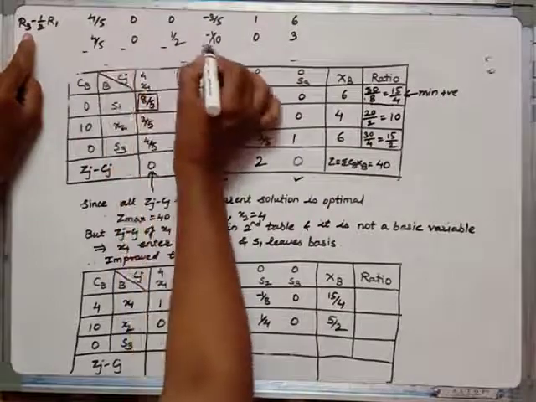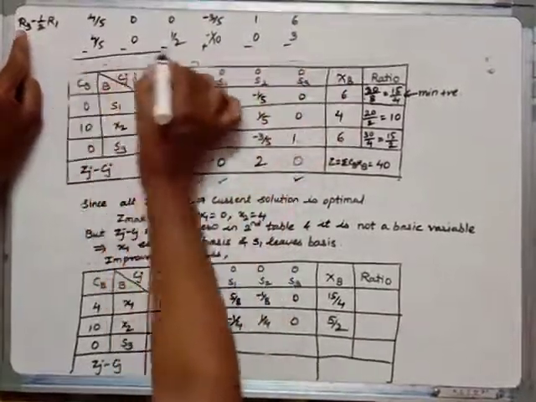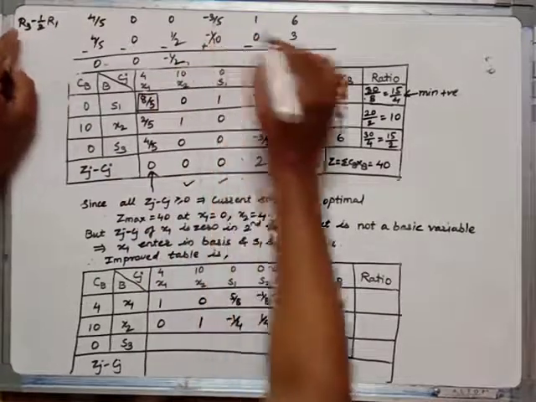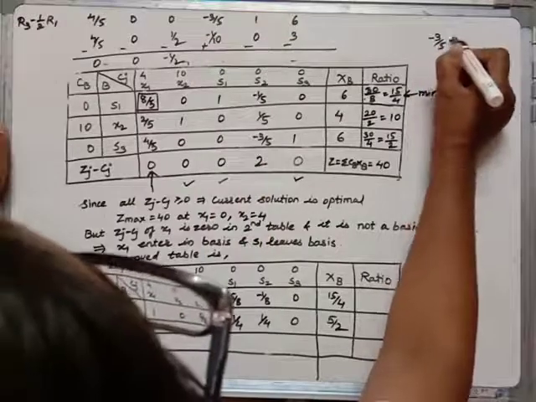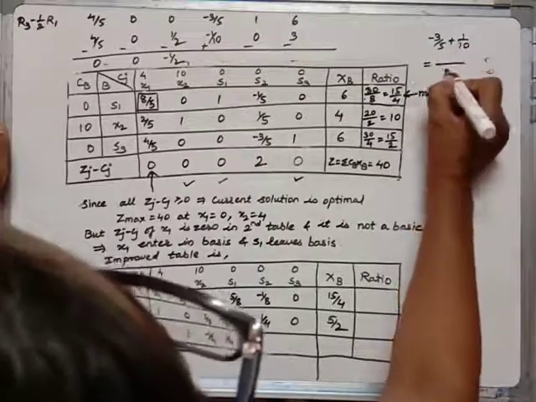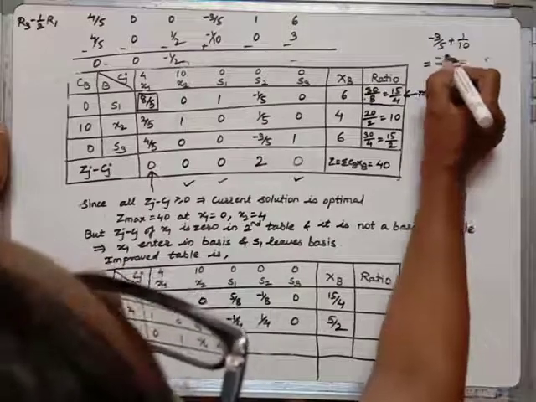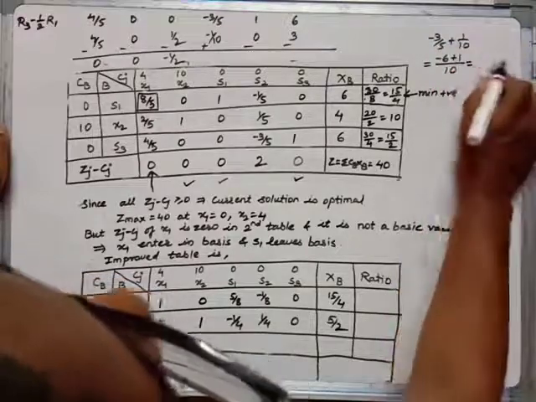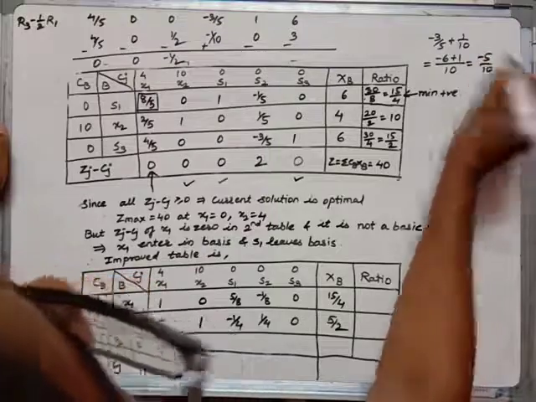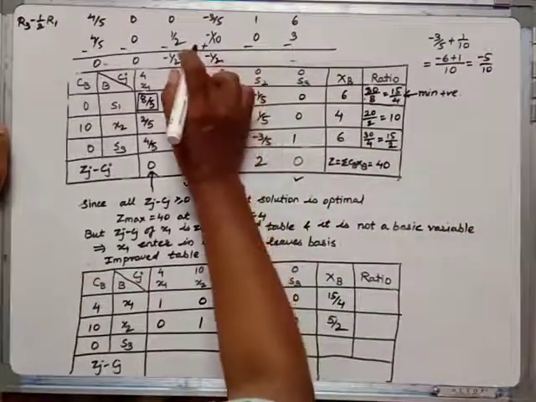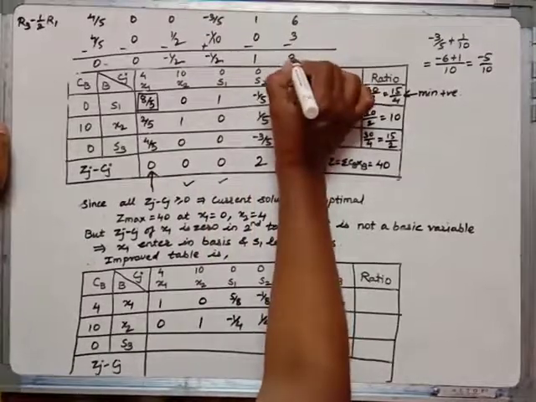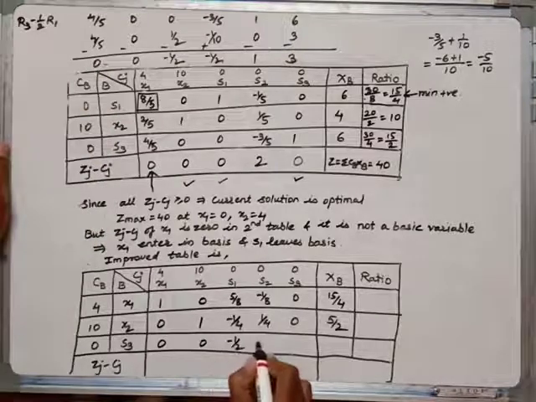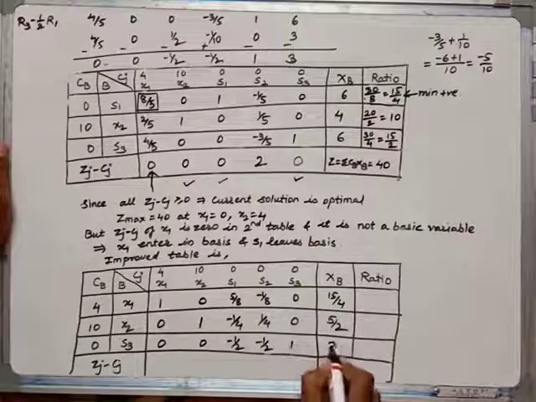So minus, this will become again plus minus as such. So now this is 0, 0, this is minus half. This is minus 3 by 5 plus 1 by 10. So the LCM is 10. Here we have to multiply by minus, so it will be minus 6. Here it will multiply by 2. So minus 6 plus 1, so it is minus 5 by 10, means minus 1 by 2. So here I get minus 1 by 2. It is 1 and this is 3. So let me write that one: 0, 0, minus half, again minus half, 1 and 3.